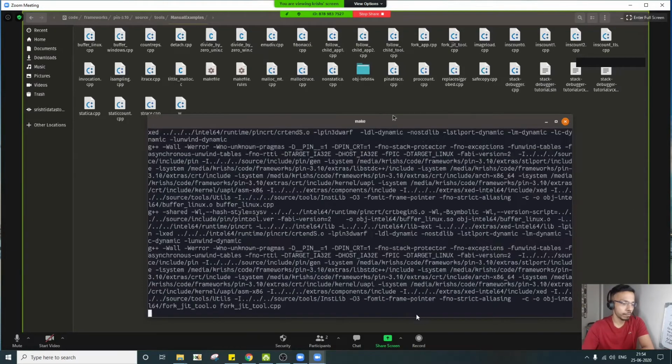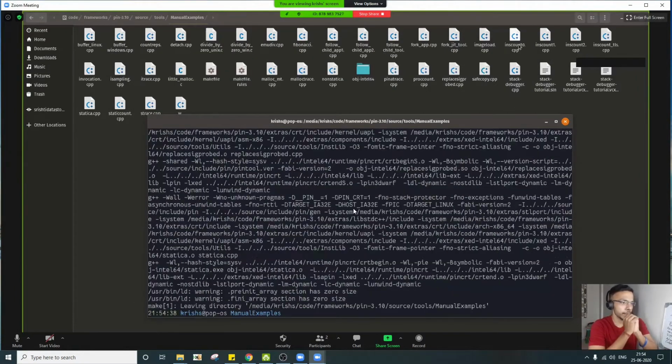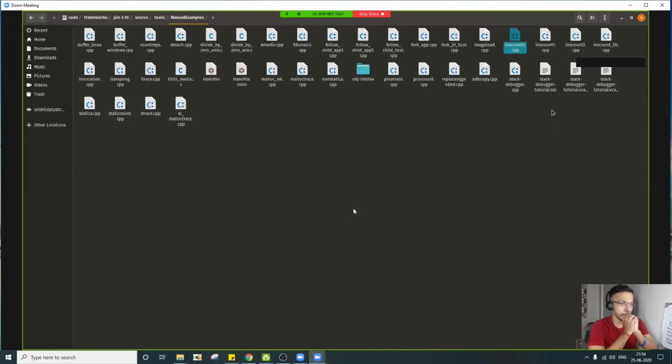Before that, let's see the instruction count source code. There are three different versions of instruction count.